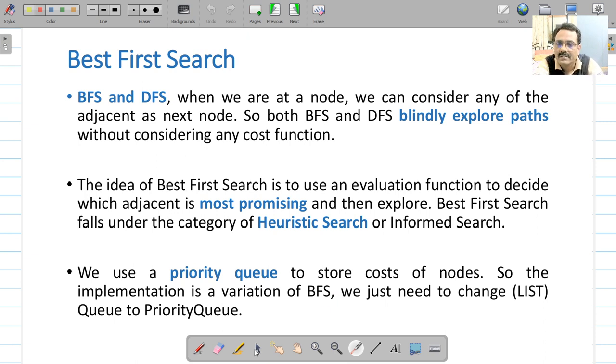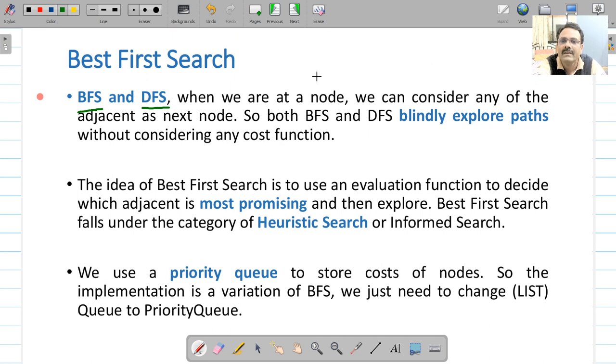In breadth first search and depth first search, BFS moves along the breadth of the search tree, and DFS moves along the depth of the search tree.